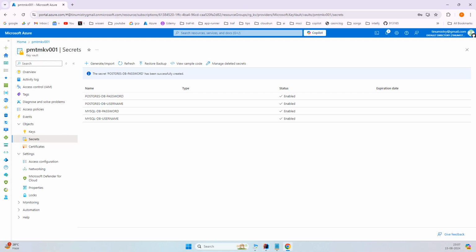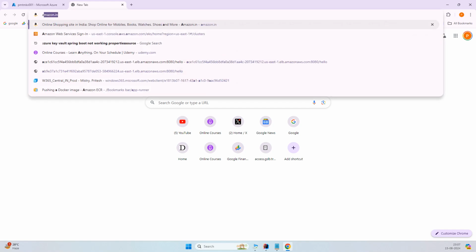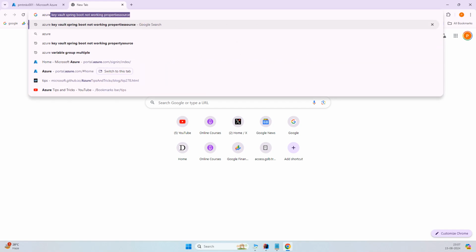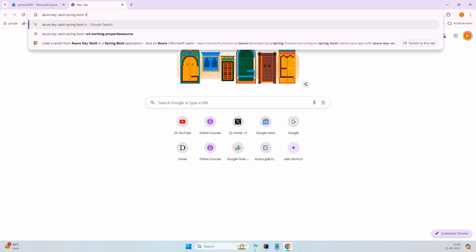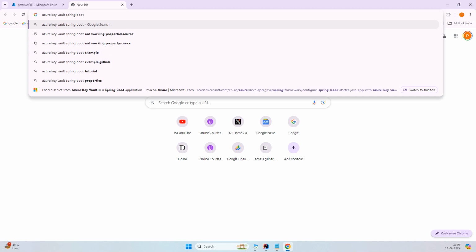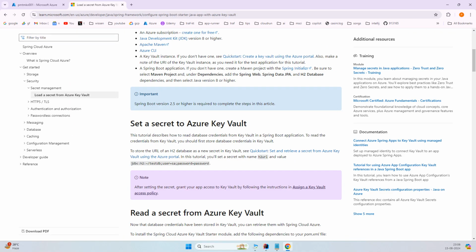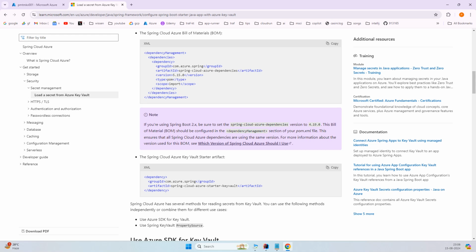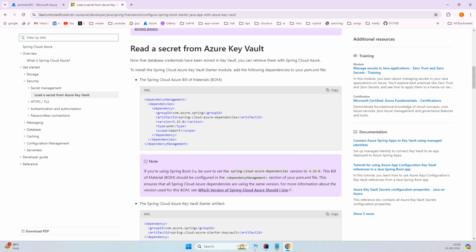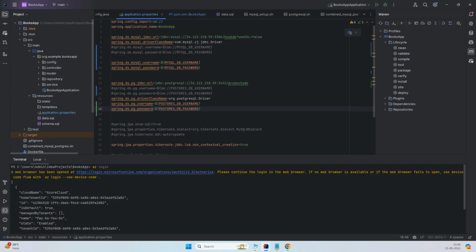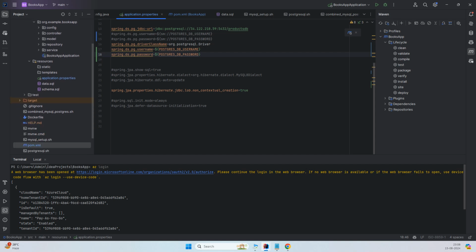So let's search for Azure Key Vault Spring Boot secret. Okay, the first link, and here if you see there is the bill of materials, a BOM for Spring Cloud. So just copy this and put it into your pom.xml,